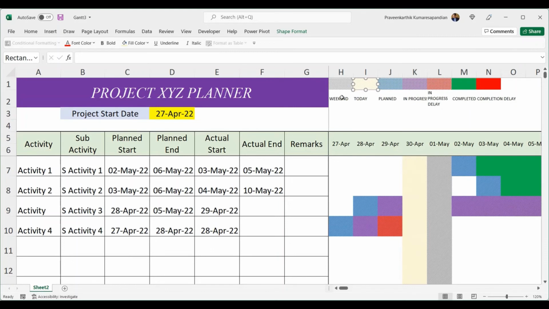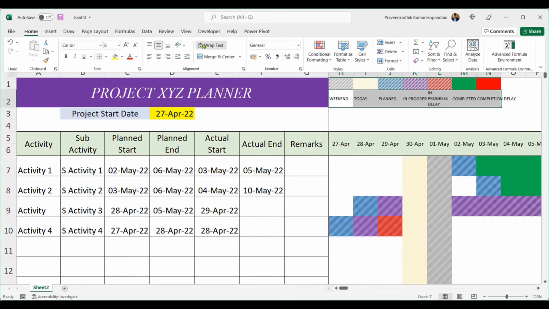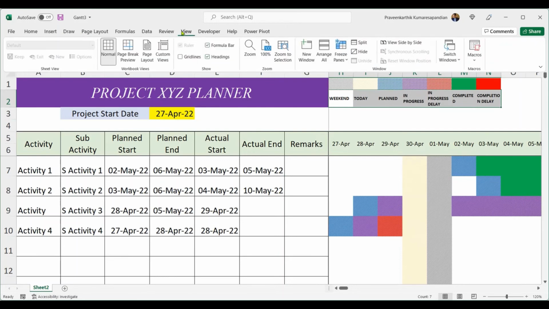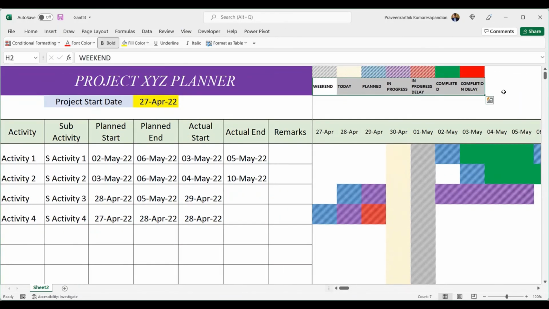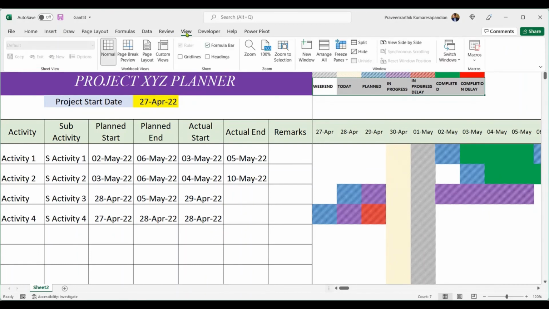Okay, that's perfect. Let's wrap the text and we are good to go. So now our project plan is completely ready and we can expose this out. You can share it with your colleagues. To make use of the space effectively, you can remove the headings and you can also remove the